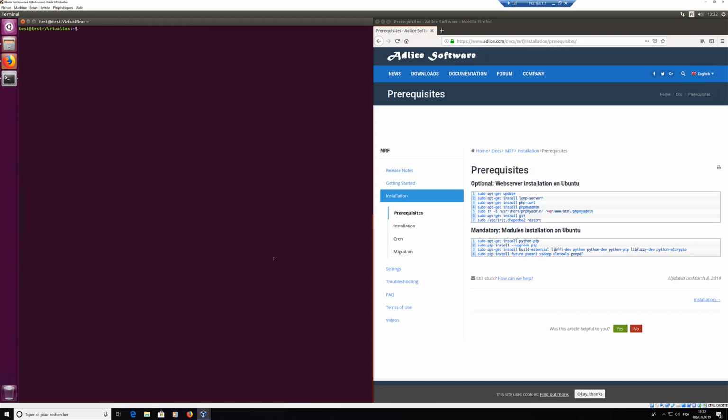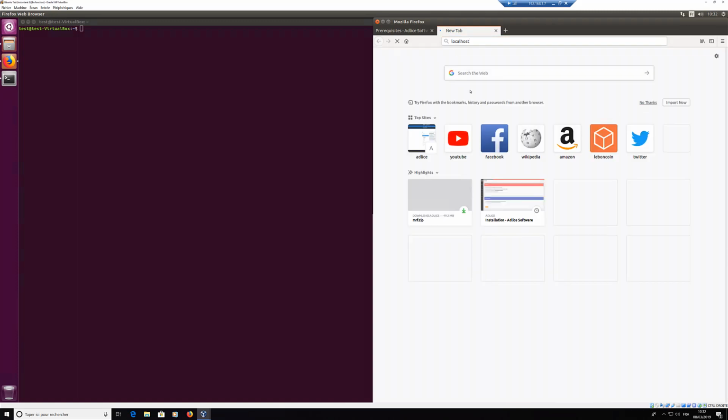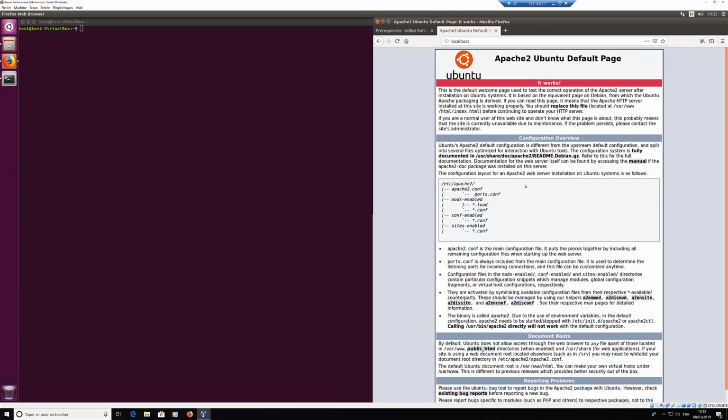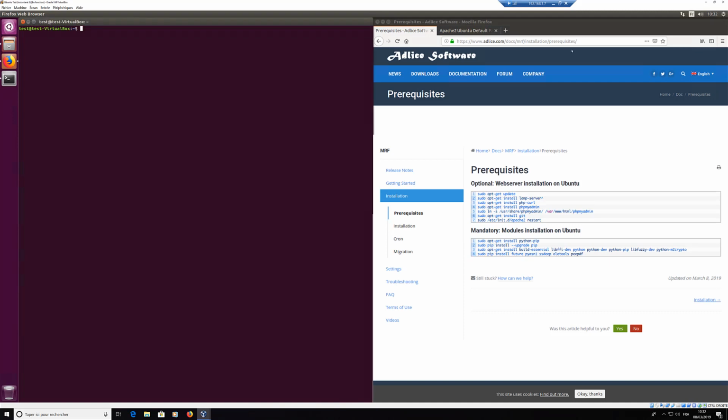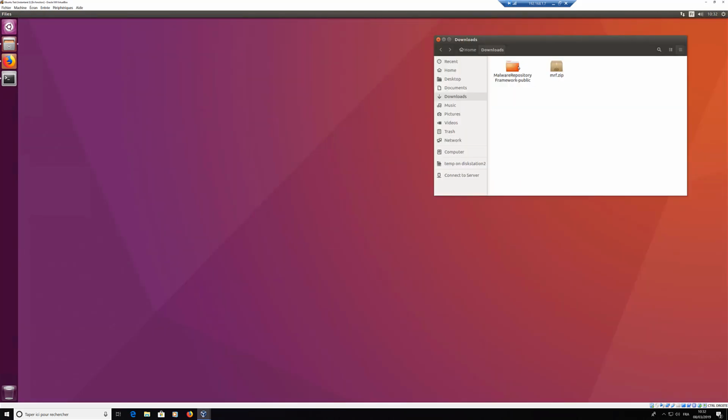Okay, now that I'm done with the requirements, my web server should be running on localhost. Here we go. So now we have everything ready to go, and we need to put the sources into the